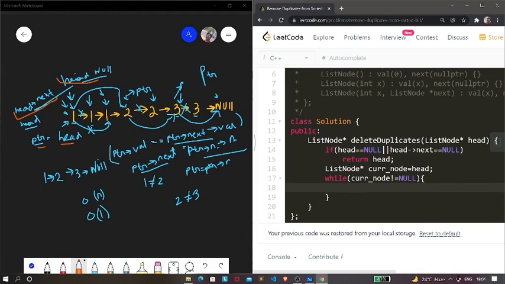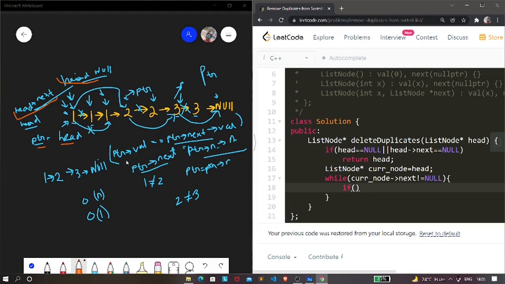Now if our current node of next is not equal to null, then we're going to go inside this while loop, and we need to check whether our ptr of val is equal to ptr of next of val.